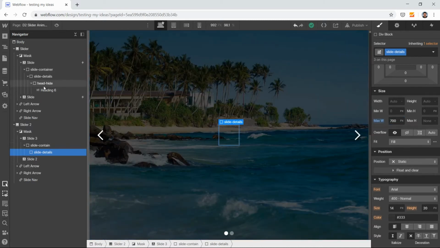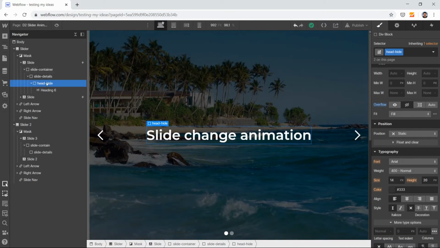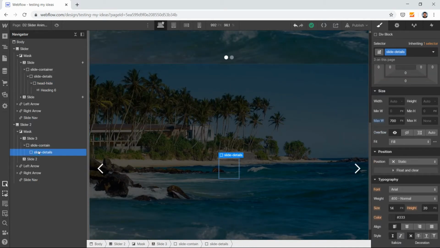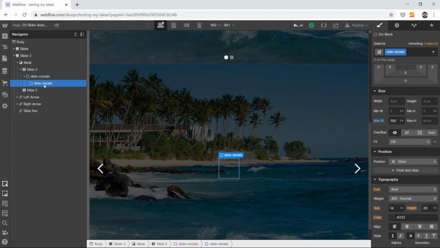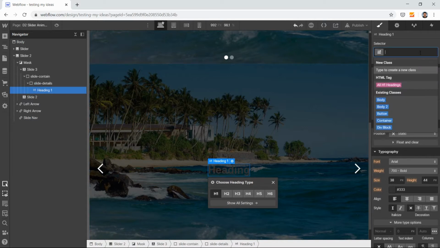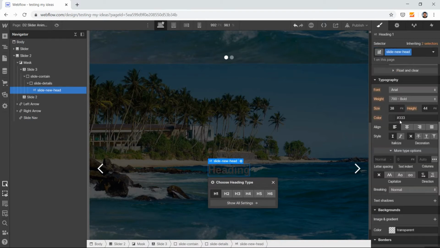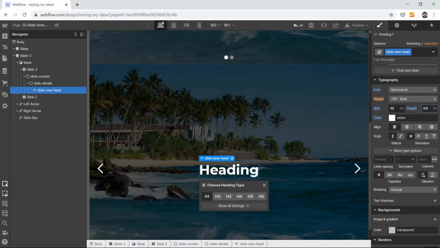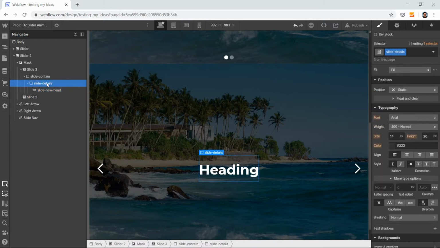So now in that I gave here the head height. So what is the use of that? I just gave it a name, but what you can do, in that slide details you just give it a name, or you can take a head, you can take a head here, right? Slide new head, just give it a name, slide new head, and set its property. Let's use Montserrat, let's use 48, let's make it 64, right? And after doing that,